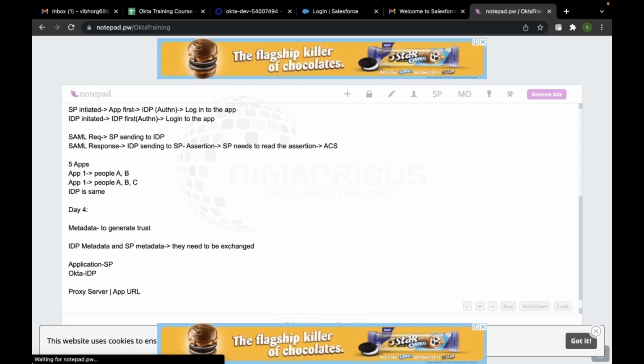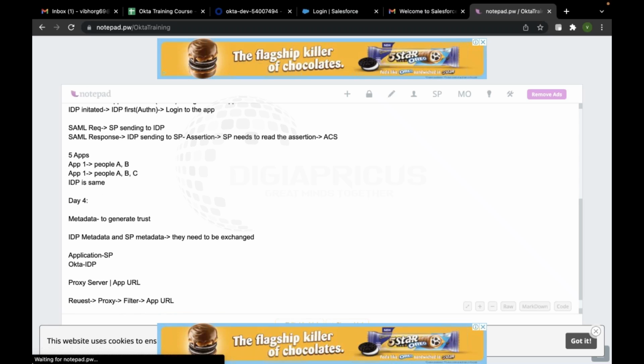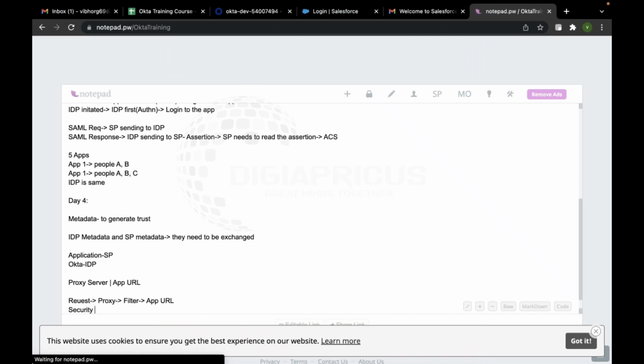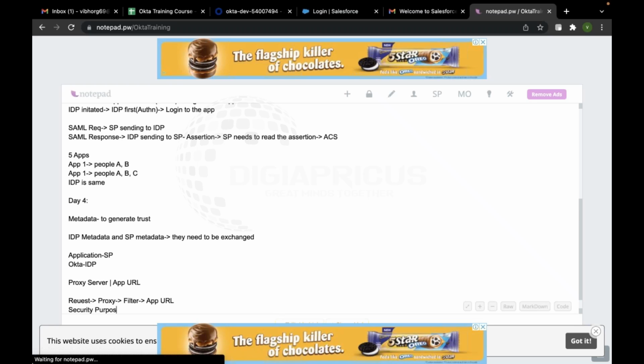Lots of requests are coming, and some could be fake also. So requests come in, go to the proxy, get filtered there, and then finally go to the app URL. This is basically just for security purposes that we bring in these